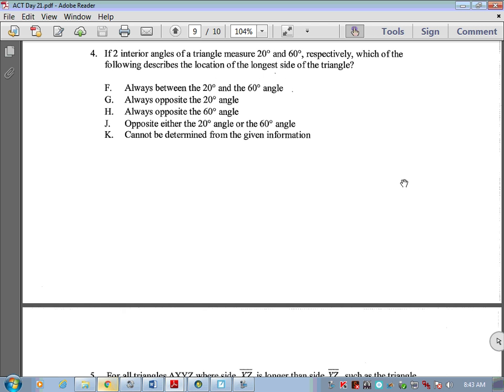Okay. The interior angles of a triangle measure 20 and 60 respectively. Which of the following describes the location of the longest side of the triangle? Okay, so if I have a 20,